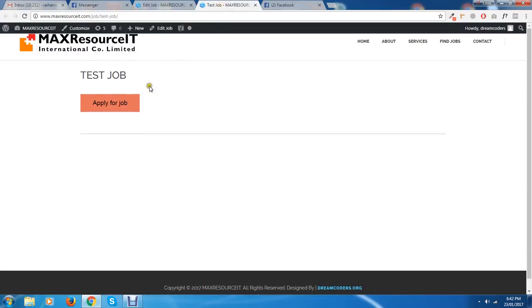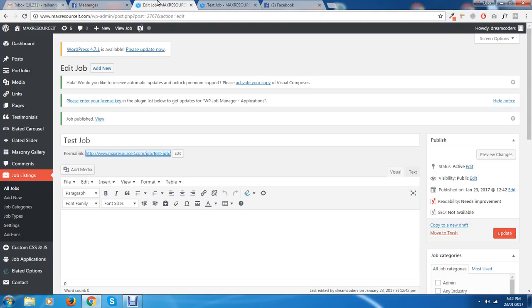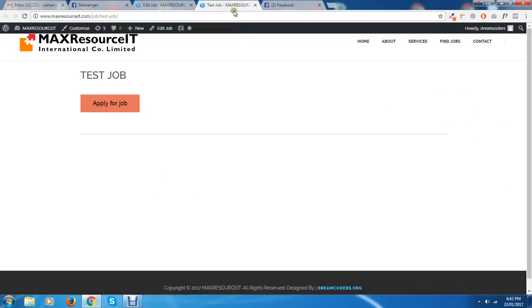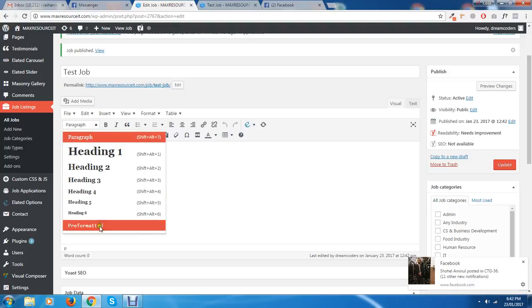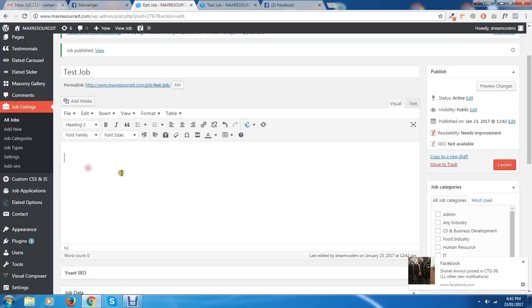Okay, so currently we have just the headline and the apply job button. So we are going to put an image and some descriptions. First let us put some description. To put the description, you can choose between the headlines and paragraphs. So let me select a headline and write something. So let me write requirements,